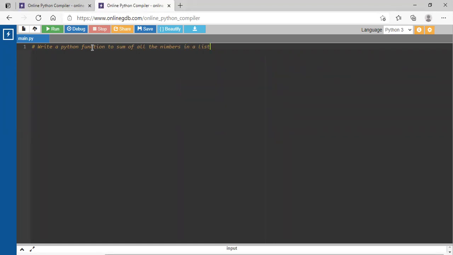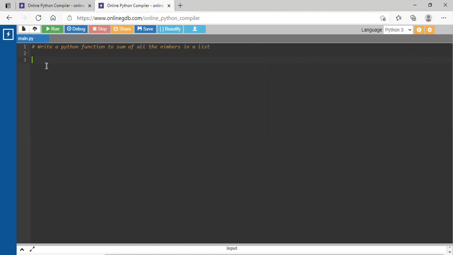So very first thing, because this is a comment line, I don't want to include it in my program. So I put this line with the comment, and single comment is done with the help of hash. We have already done this when we started with the function. So how we can make this function sum of?